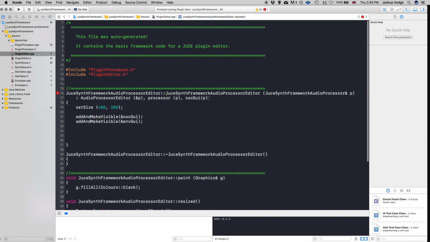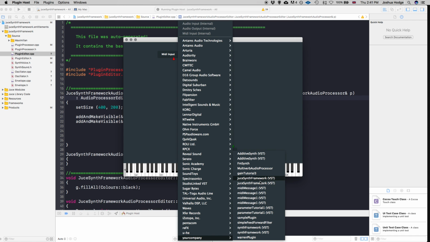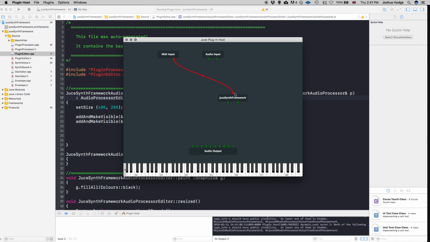Okay, this is complaining because we need to initialize this, because remember our constructor has the argument for the processor. So I can say env GUI, use the processor as the argument. So that should fix that. And then we're just going to try to build this here. And what we should see is an oscillator component that has its own section, and then the envelope right beside it. So if I go and connect these up quickly,